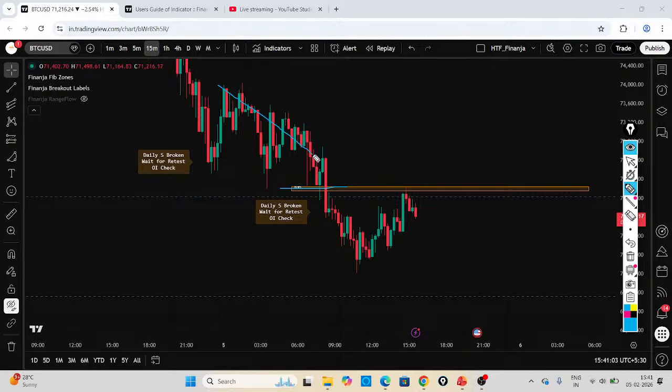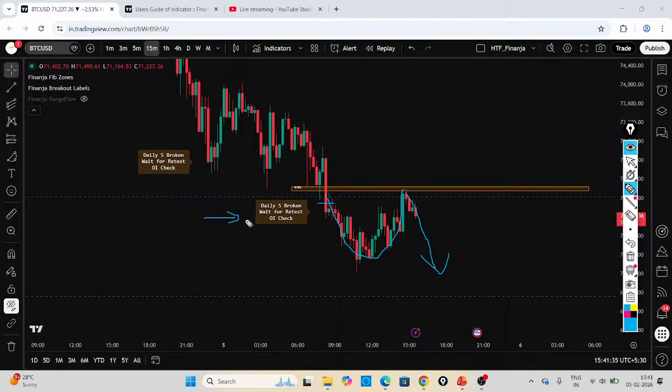These candles are coming up from here, and you can see big candles are formed. So this will be telling that, okay, daily support is broken, wait for the retest. Don't enter here on the running candle, just wait for the proper retest, then you can take an entry. That's what these breakout labels are informing you, or guiding you, or suggesting you, or controlling your fear